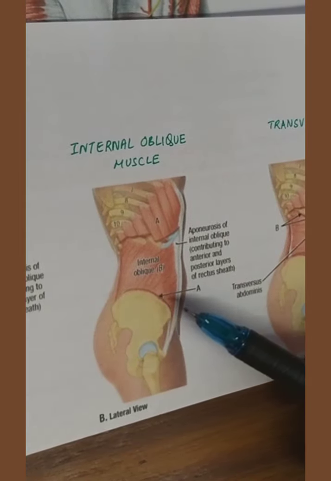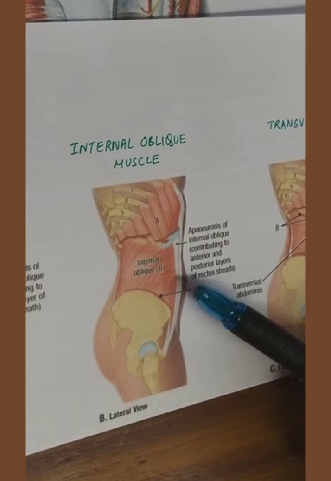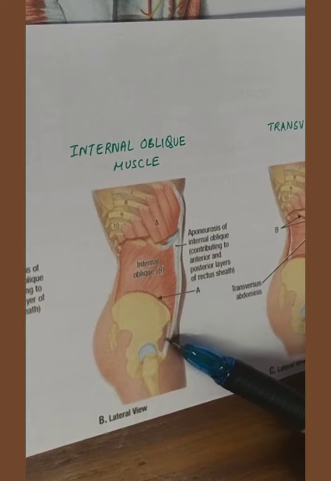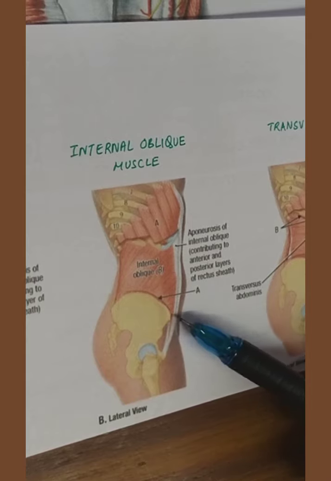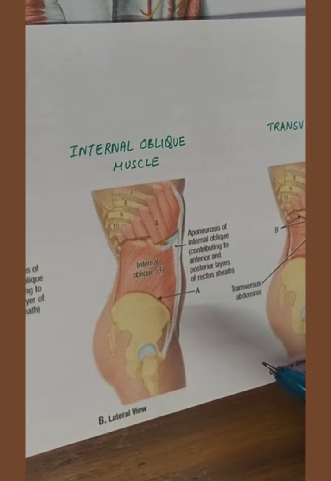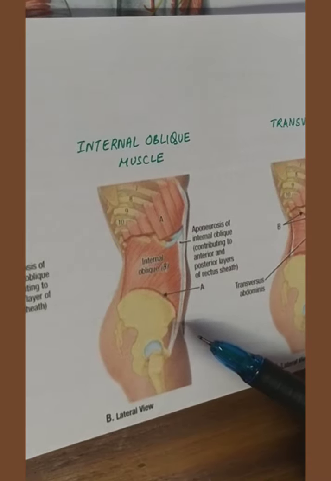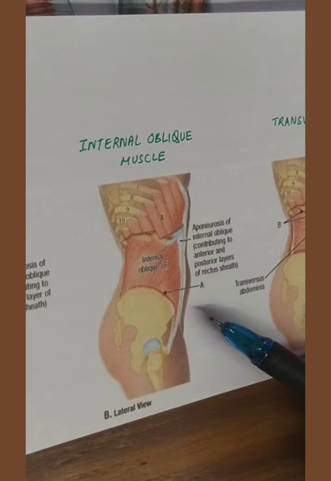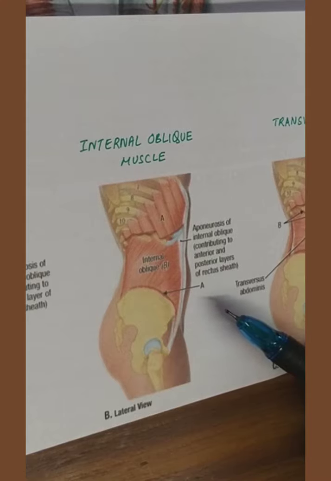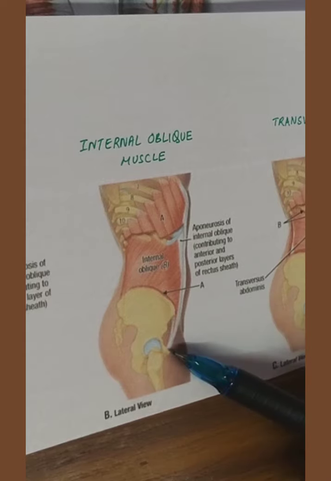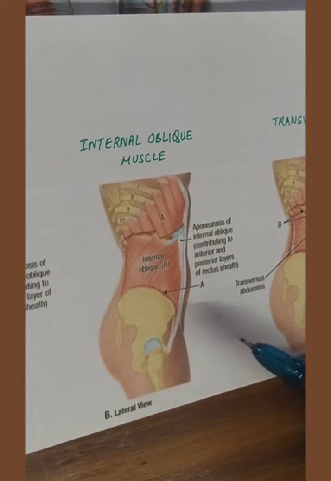The inguinal fibers pass upward and medially, and they form the anterior wall of the inguinal canal here. Then they arch backwards, forming the roof of the canal. Finally, they turn downward and medially and become aponeurotic. This aponeurosis of the internal oblique blends with similar aponeurosis of transversus abdominis muscle and forms the conjoint tendon and gets inserted in the pubic crest and medial part of the pecten pubis.